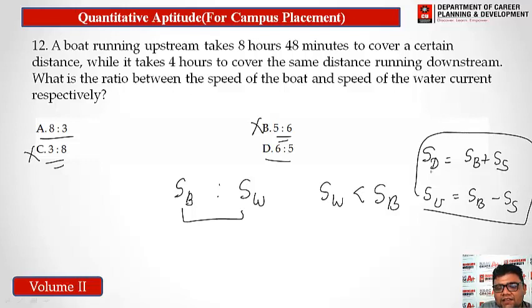If the difference in this speed is greater, then the difference between the individual speed of boat and speed of stream should also be greater, right? So through that context, I will say option A should definitely be your correct answer. You can cross check also. Option A is getting your correct answer. In this way also you can answer the questions through option only. By analyzing the option, I can say option A is our correct answer in this question, right?